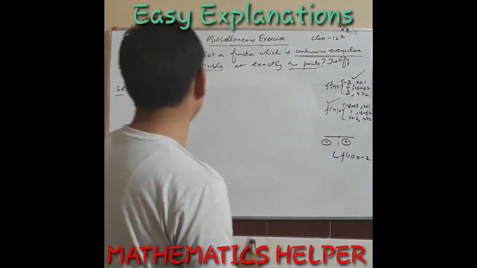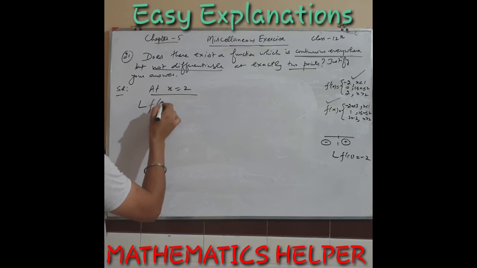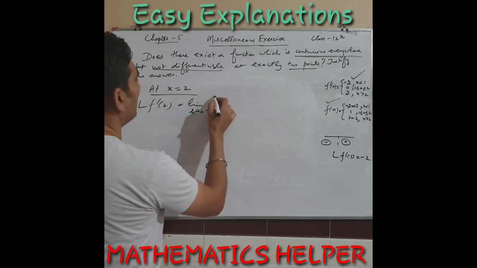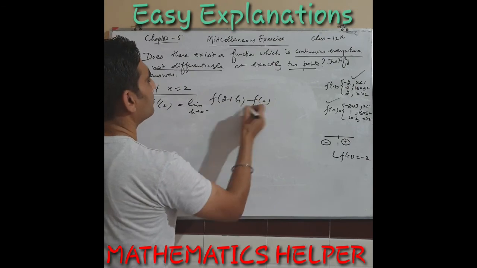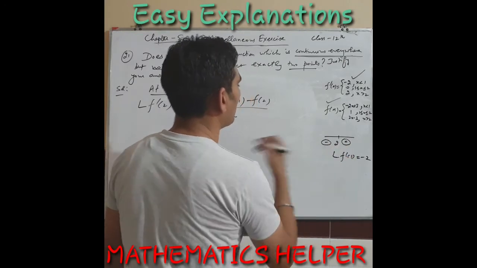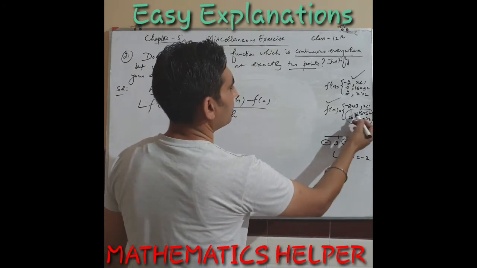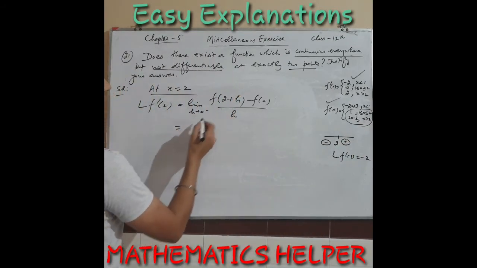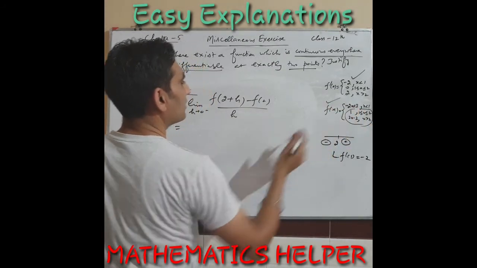Now we will start the calculation for 2. So at x equal to 2, write the left derivative at 2. It will have the same statement, limit h approaches 0 from the left side, f(2 plus h), because the number is 2 here, minus f at 2 over h. Now for this, you have the calculation for 2 on the left of 2 and on the right of 2. For that we will take help from these two parts. For numbers less than 2 we have one answer, for greater than 2 we have 2x minus 3. So for the left side of 2 it will be f(2 plus h). Its answer will be, for the left side of 2, only 1.